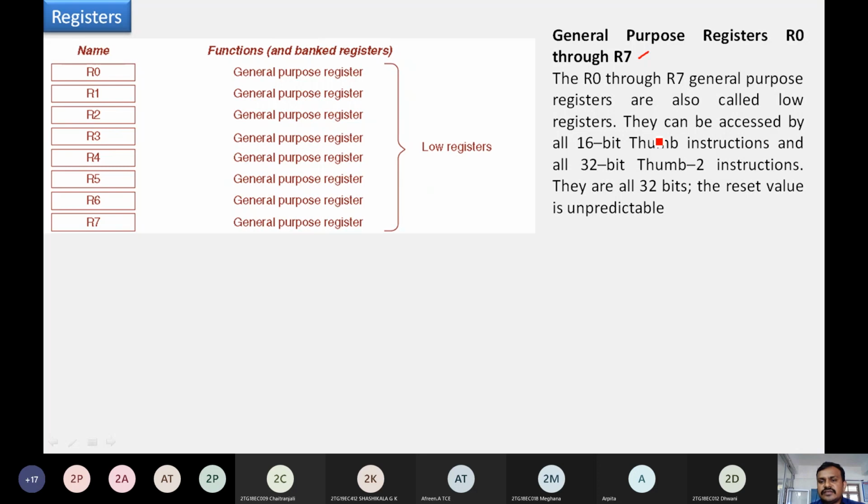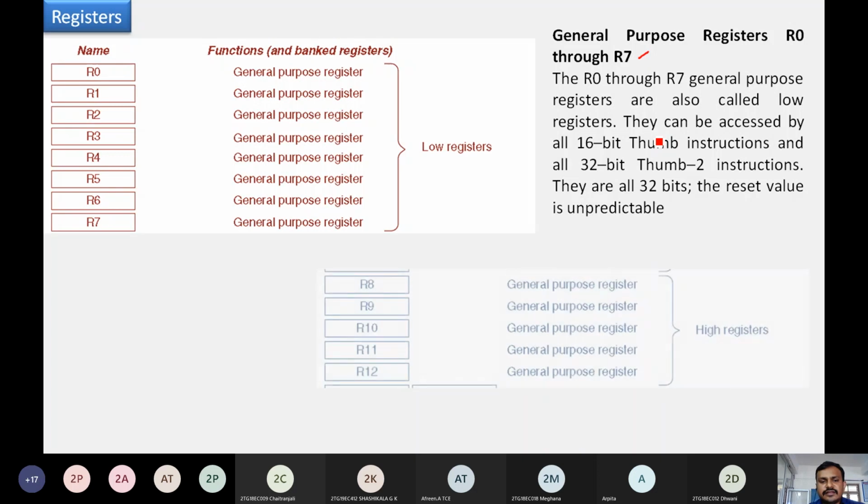The reset value is unpredictable: once you reset, it may be any value. These registers are available for both the instructions which support 16-bit and those which support 32-bit operations, so we may use this register set for general purpose.